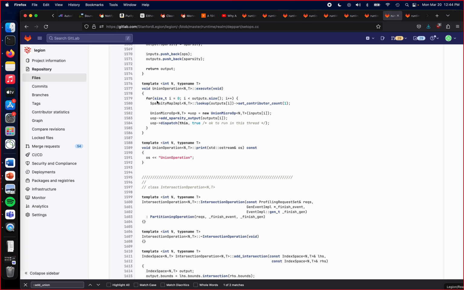And so what we're going to do here is look at our sparsity map implementer. We're going to say, how many contributions are we expecting on this particular sparsity map? There's only going to be one because we're just doing one union operation here. So there's going to be one contribution from this micro-op, and I'll talk about what that is in a minute. That sparsity map will know that it will be ready as soon as it's had its contribution made to it to say, here's your set of rectangles for this particular